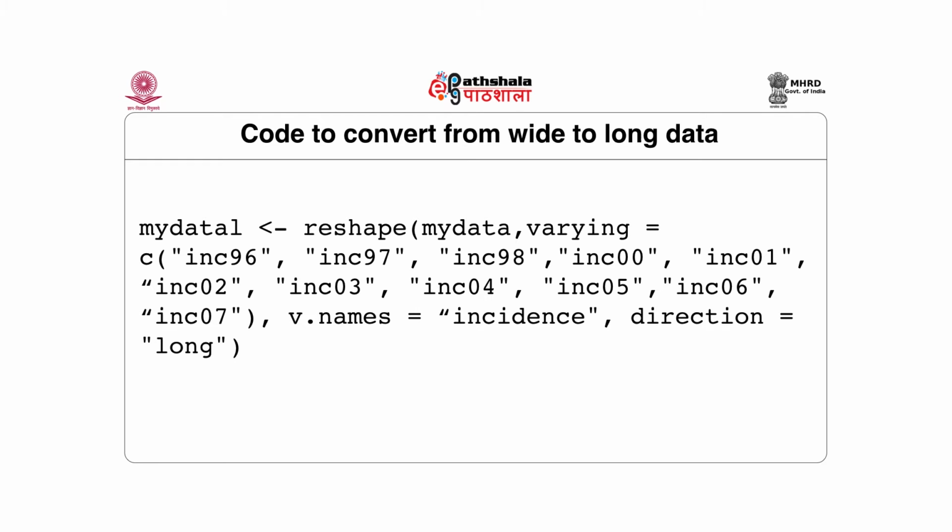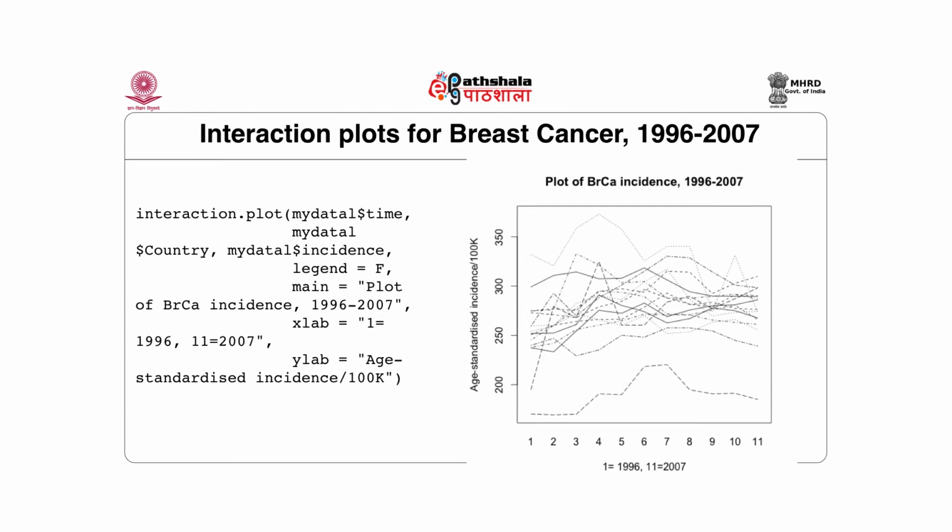Now, afterwards, we know that the first thing that we should do when we are faced with something like this is start with an interaction plot to see what was the variability of breast cancer from 1996 onwards to 2007. This is done by using a plot which is known as an interaction plot. So let's take a look at the interaction plot. This is the interaction plot. On the right hand side, you can see the interaction plot of the incidence of breast cancer between 1996 and